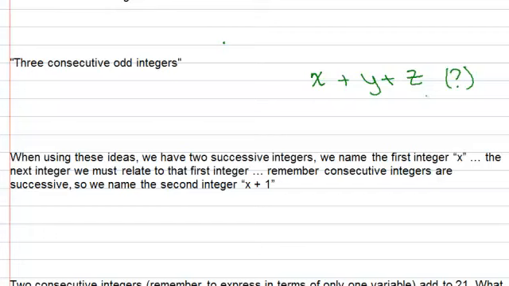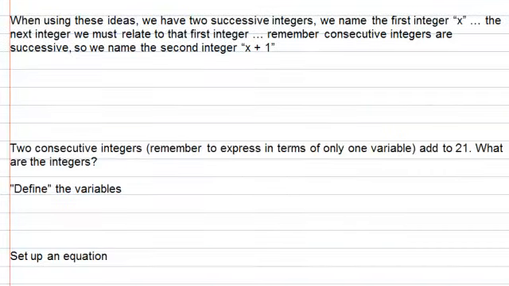Certainly later on we might have the capability to do this when you get to college algebra. But at this point in time, we don't know how to do things. We certainly don't know how to solve equations with 3 variables. So when we start using these ideas, we have to get everything into one variable. So we name the first one x,